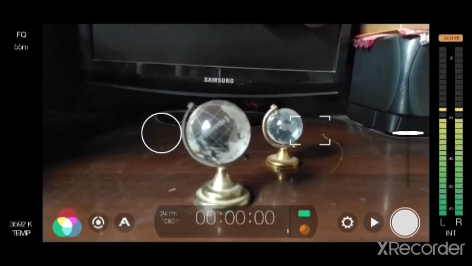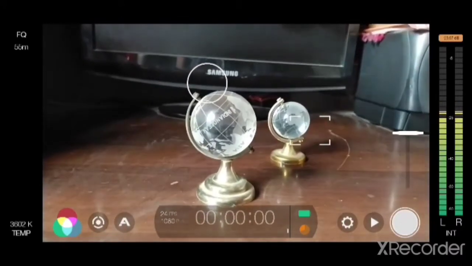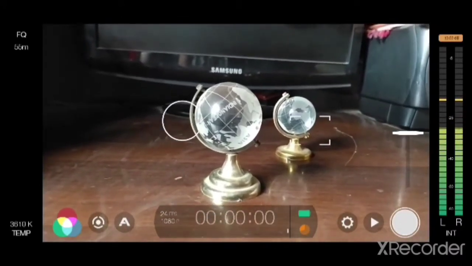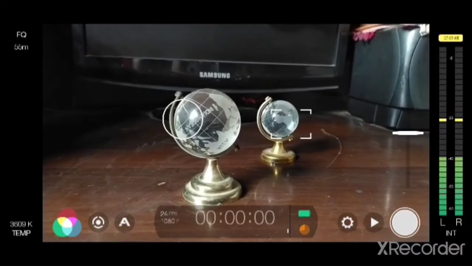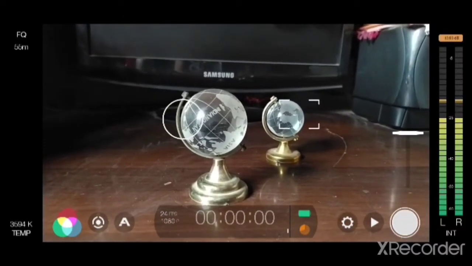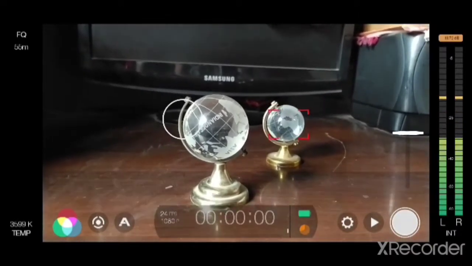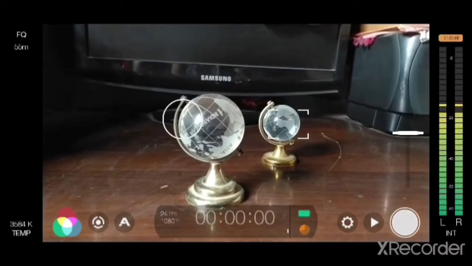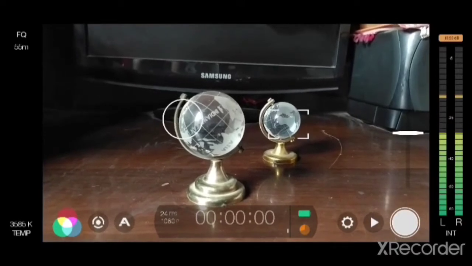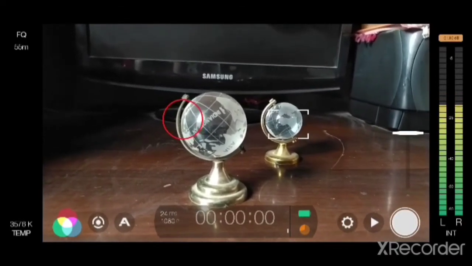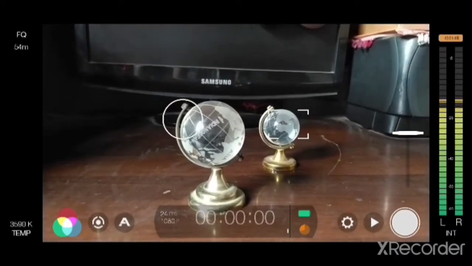The circle reticle button you can see is used for exposure. You can slide up and down for your exposure, and the square reticle you can use for your focus. You can slide up and down as well for your focus and tap on it to lock it. Red means that it is locked, and if you untap it, it is unlocked. So let me do the same thing for the exposure as well. If you tap on the circle reticle, it's locked, the red color, and if you untap it, it's unlocked.